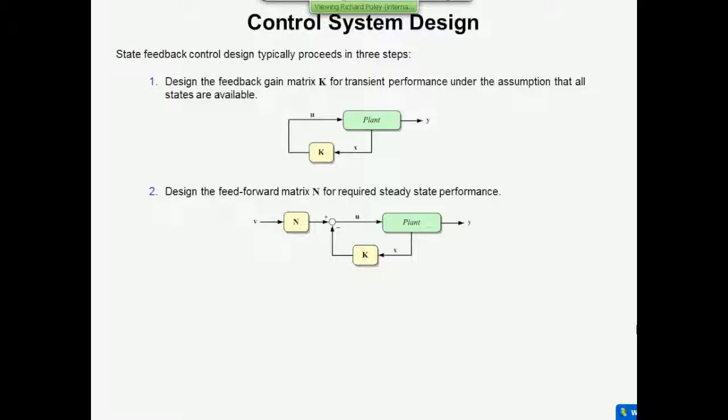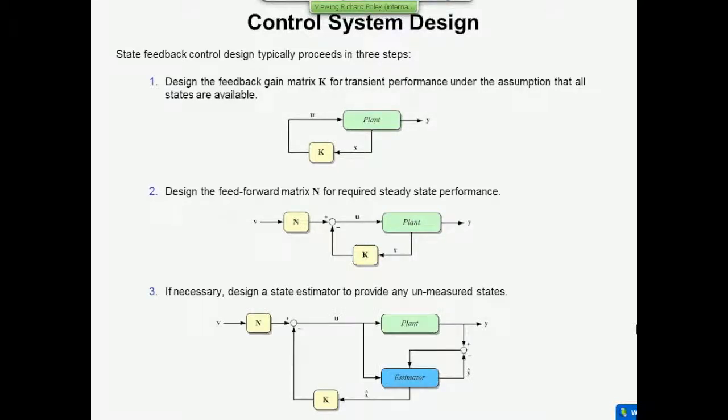So we could, in some cases, use integral control, assuming that we had correlation between V and Y. That may or may not be possible. And then the third step involved estimating the state vector because we didn't have it available, so we used the output in a negative feedback loop around the estimator to produce the state. So we have now 3 separate steps in the design process.